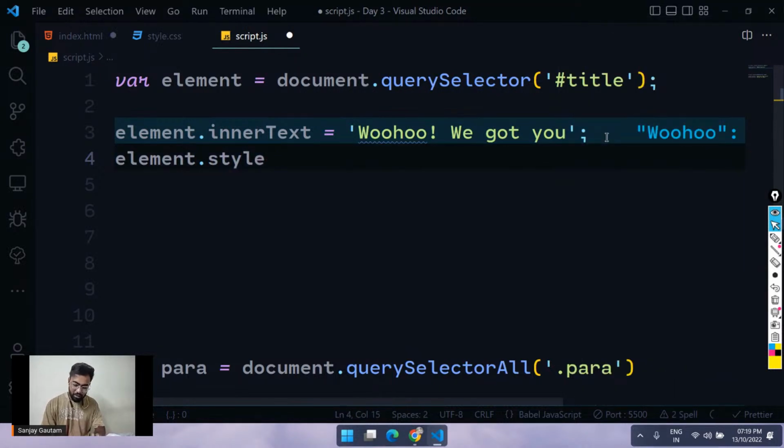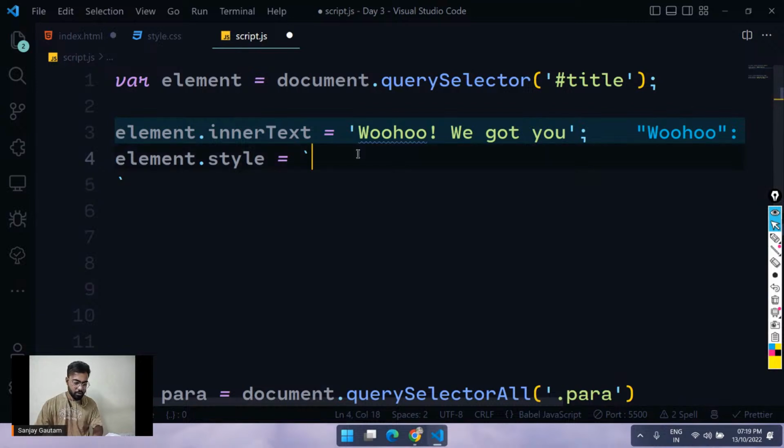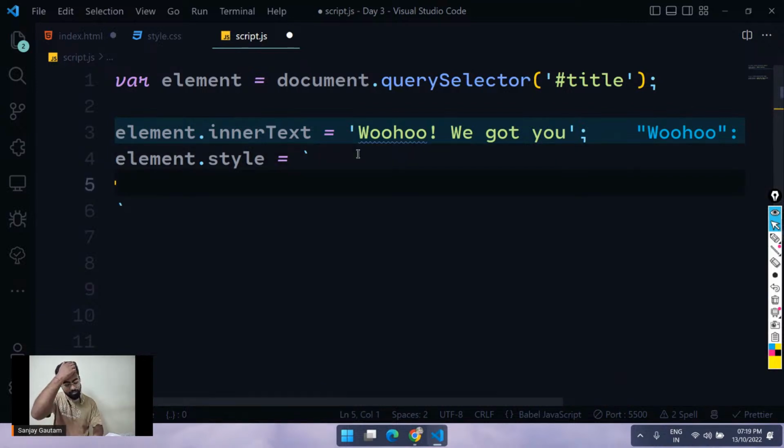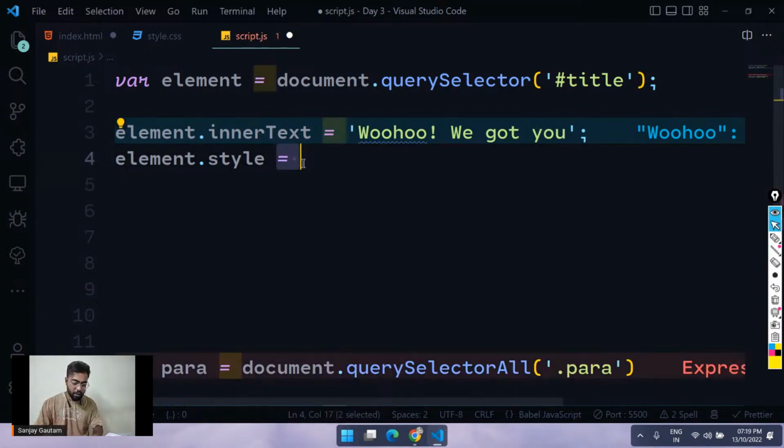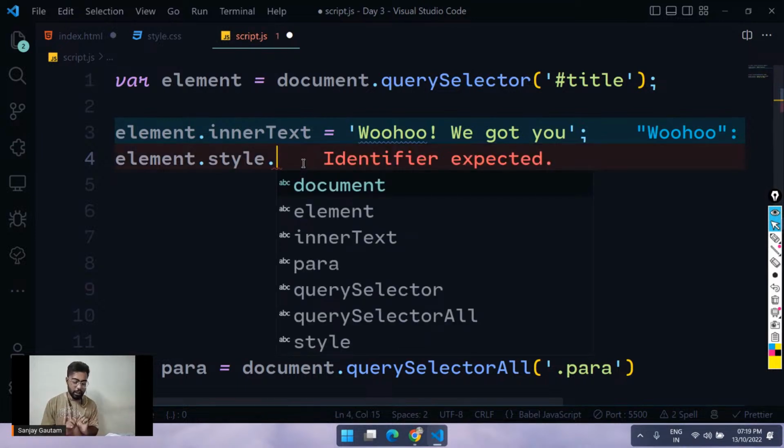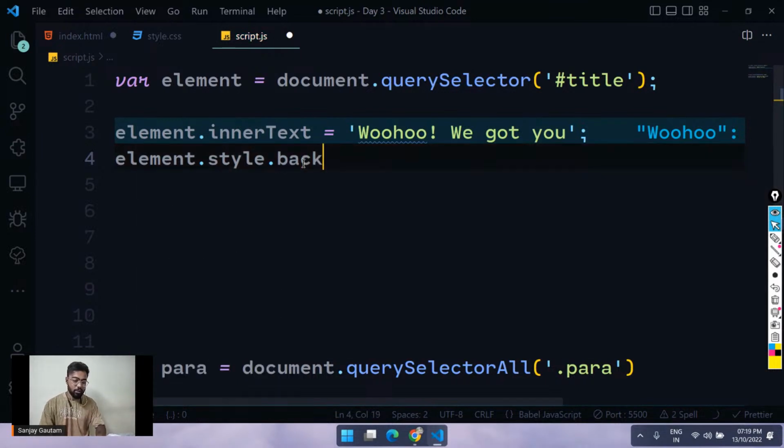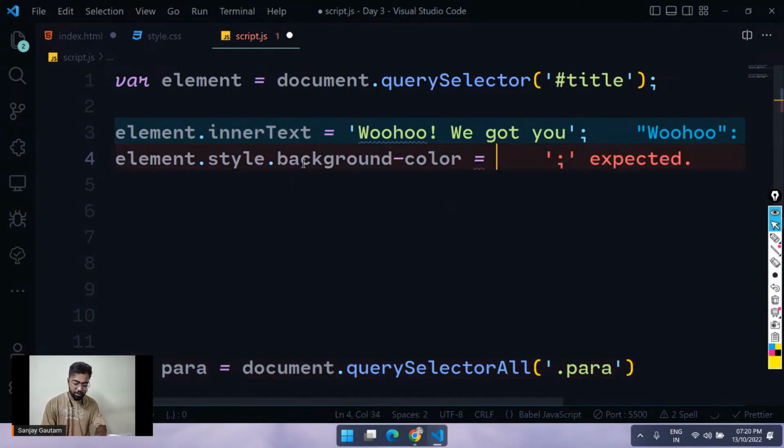Okay, dot style, and just put an equal sign. And here you can basically write your CSS style. Let me just tell you a different way: dot style dot the CSS property that you want to change. Let's suppose I just want to change the background color. So just type background hyphen color equals to, let's say, green, or let's just pick a color from